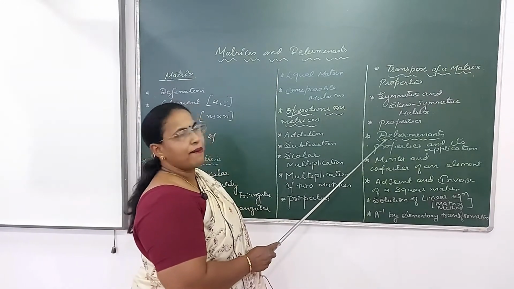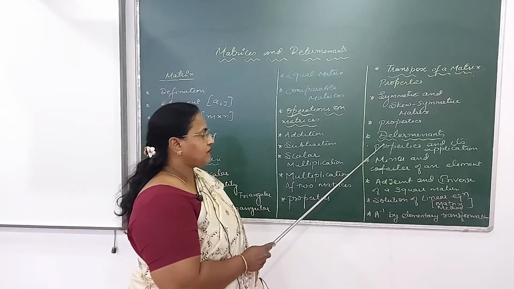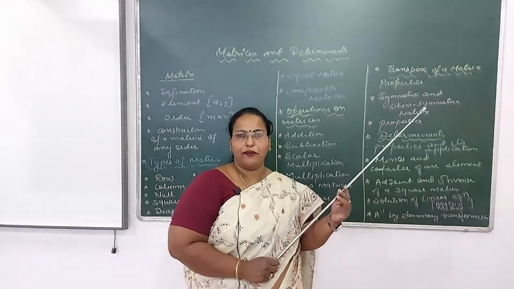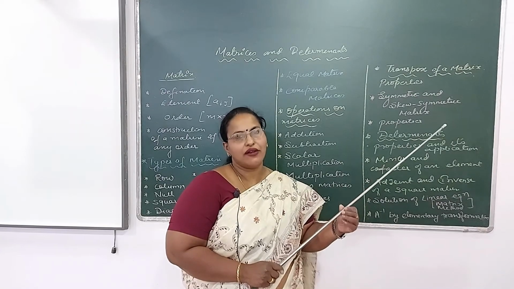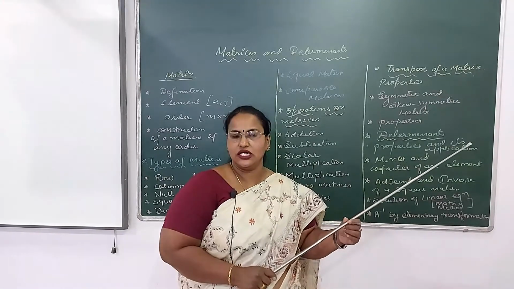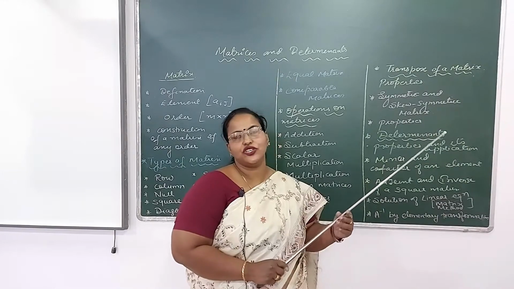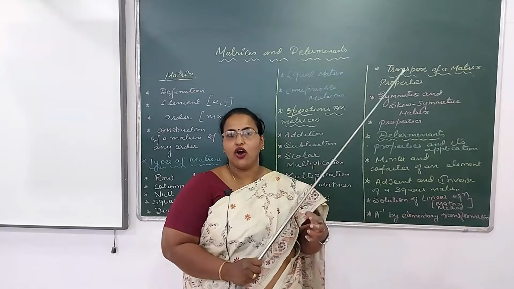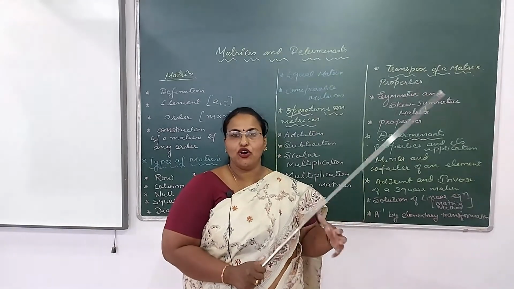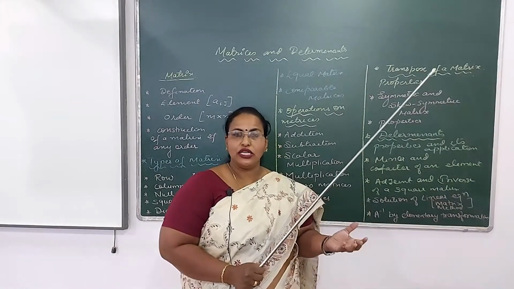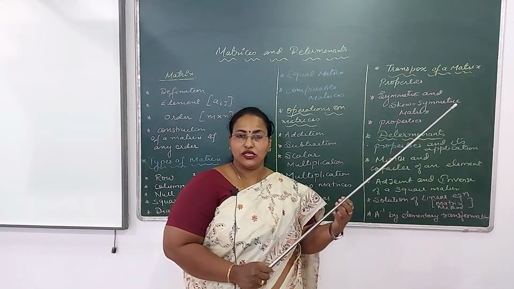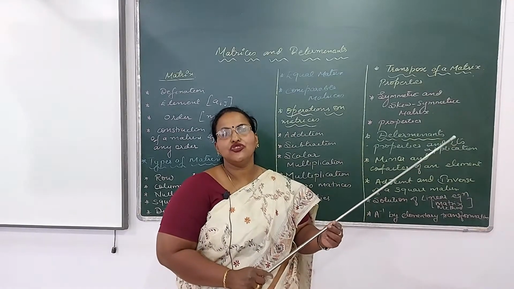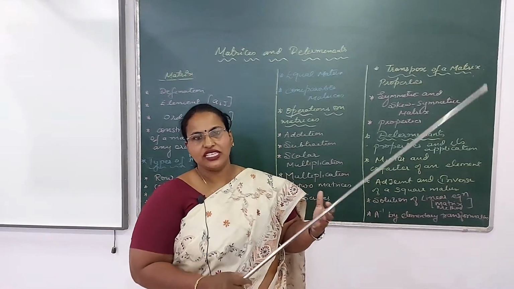Now the next important part is determinants. How to evaluate a determinant? First of all, the definition of a determinant. Every square matrix can be associated to a definite value or an expression which is known as its determinant. Now we have learned how to evaluate a determinant of order 2 and order 3, its various properties and the property-based questions also. Plus the last one was the application of determinants, where determinants can be applied.